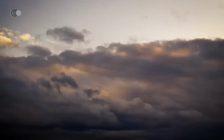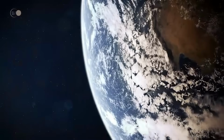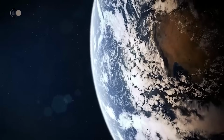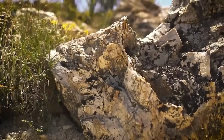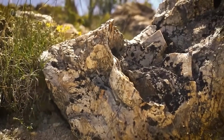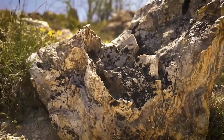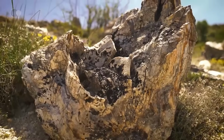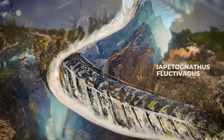But why, and above all, how can we divide this distant period into several parts? During the 41 million years that make up the Ordovician, certain species appeared at very specific times. It is their successive discoveries, and in particular their dating, that have made it possible to establish the chronology of these 7 stages. The oldest, the Tremadocian, is defined by the arrival of the conodont species,